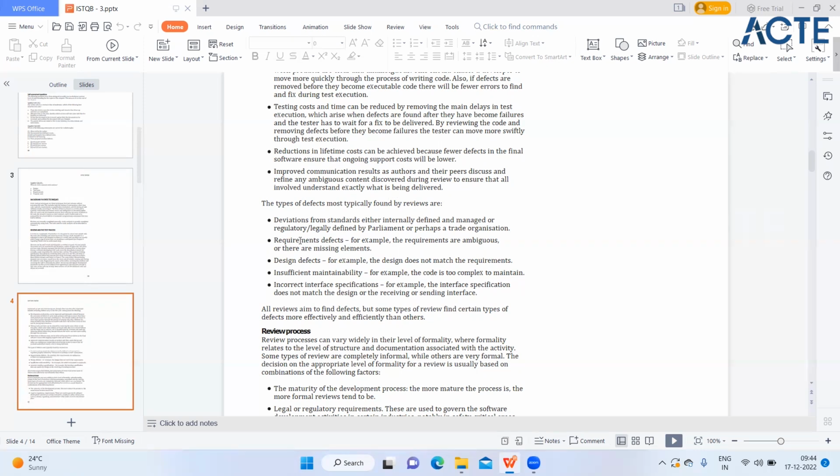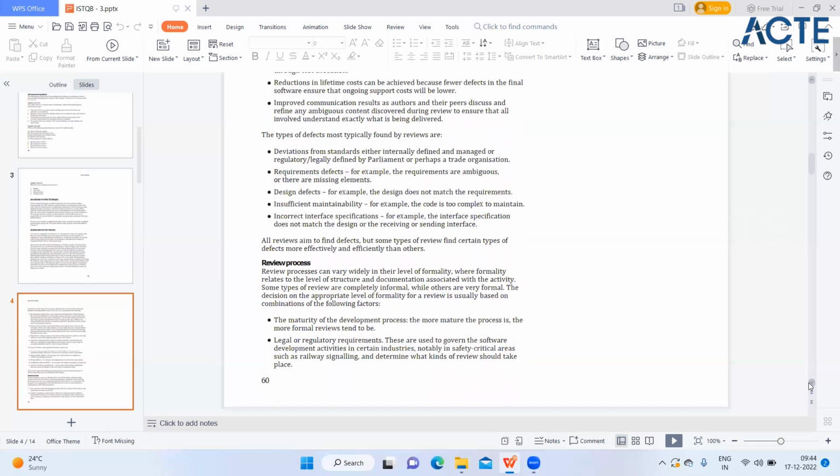Okay, now they are explaining what kind of defects we'll get in the review process. Deviation from standards, either internally defined and managed or regulatory, legally defined by parliament or perhaps a trade organization. Requirement defects, for example, the requirements are ambiguous or they are missing elements. For example, a requirement is partially complete. It is not fully defined in the requirement document, then definitely we'll get that kind of defect